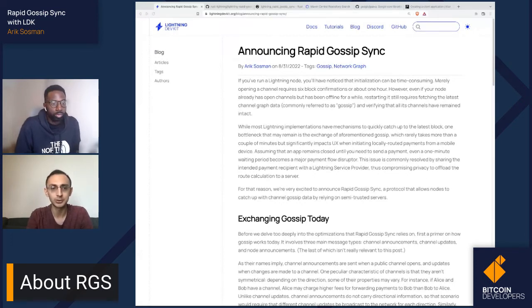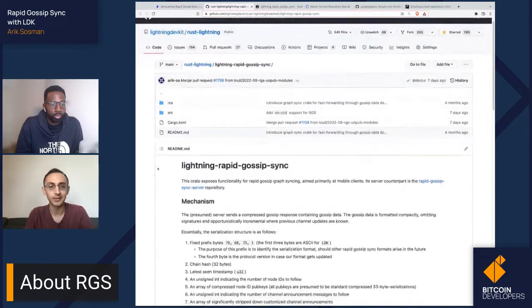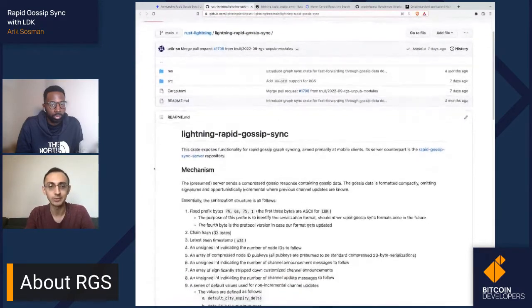Like, we really try to squeeze as much information as we can out of as little data as possible. So if you want to read up on the intrinsics and the internals of the protocol, I believe there's also that README link on GitHub. Yeah, that one. So I can encourage people to read up on that.